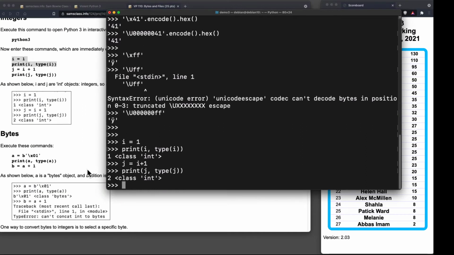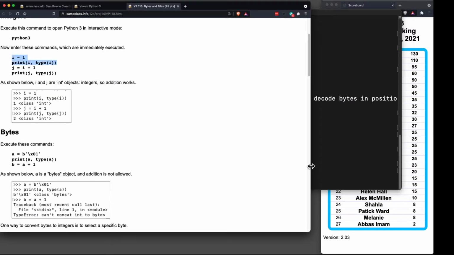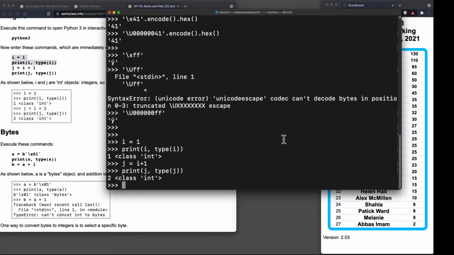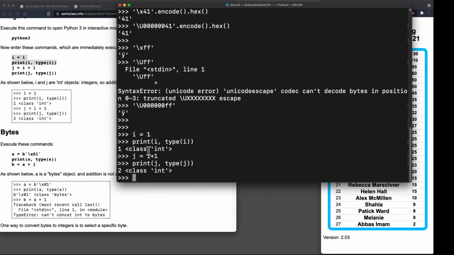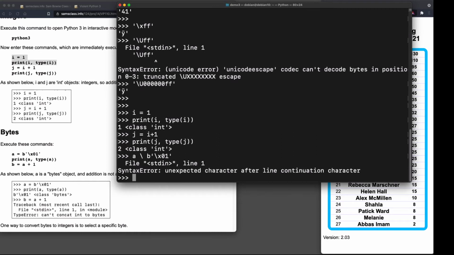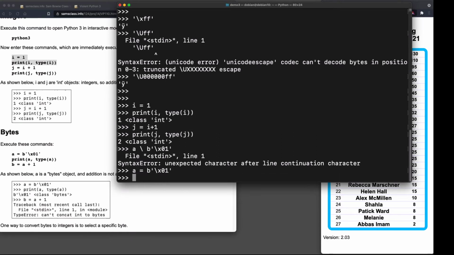But now I can make a byte object, and as I mentioned, the hard thing for me about Python 3 was getting over thinking of bytes and integers and characters as all being pretty much the same thing, because they aren't anymore. So if I set a equal to the byte string, or byte array, b'\x01', and I have to have an equal sign there. Now if I print a and type of a,